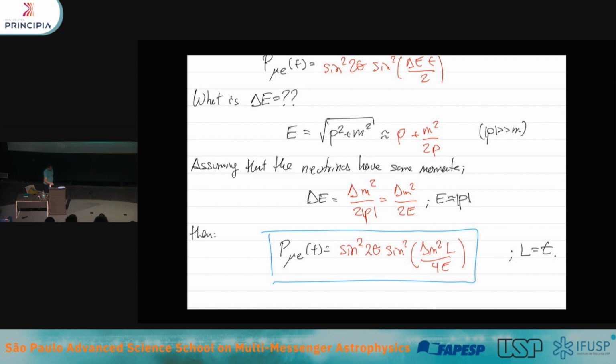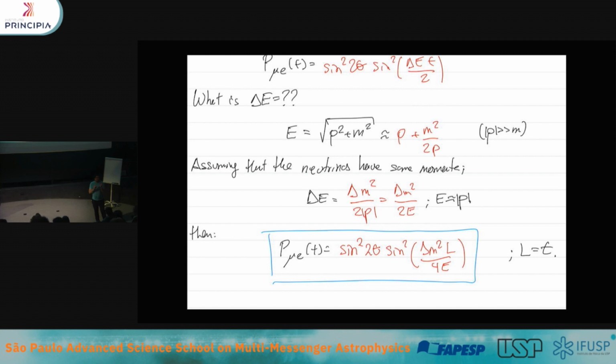So now, not much secrets in this. This is actually what you will end up using most of the time. I must warn you that this derivation is technically wrong. And the reason the derivation is technically wrong is because in doing this derivation, we've actually assumed that the neutrinos are plane waves. So they have well-defined momenta, which means that they are actually delocalized in space. That's actually not true. When you produce a neutrino from a beta decay, that's actually localized in the production region, which means that there is actually a finite distribution of momenta included.